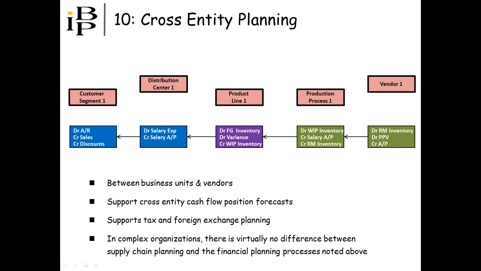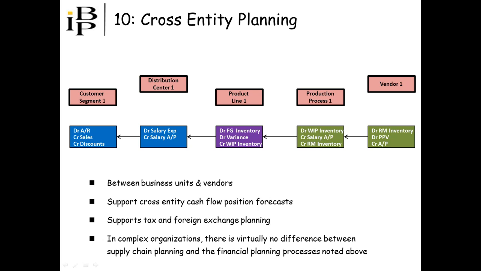One of the features of predictive analytics is that it can simulate costs across different functions and entities, as represented by the colored boxes on the screen. This enables organizations to coordinate resource allocation across these silos, while also supporting traditional vertical planning. Not only does this optimize revenue and costs, but it also supports more effective tax, cash flow, and foreign exchange